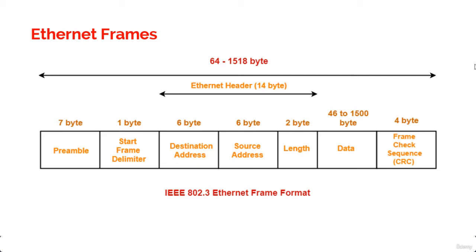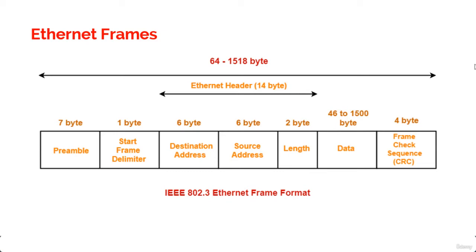Then comes the destination address. The destination address is a 48-bit value using the least significant bit first. The destination address is used by receiving stations to determine whether an incoming packet is addressed to a particular host, and can be an individual address or a broadcast or multicast MAC address. Remember that a broadcast is all ones and is sent to all the devices, but a multicast is sent only to a subset of hosts on a network.